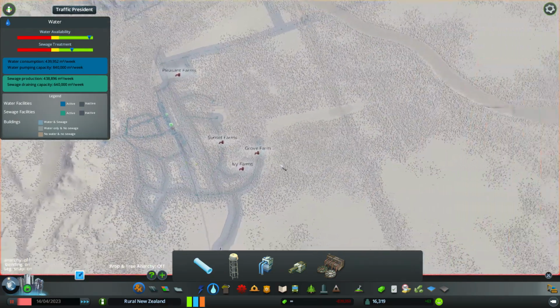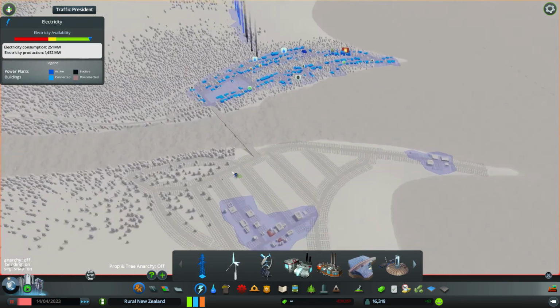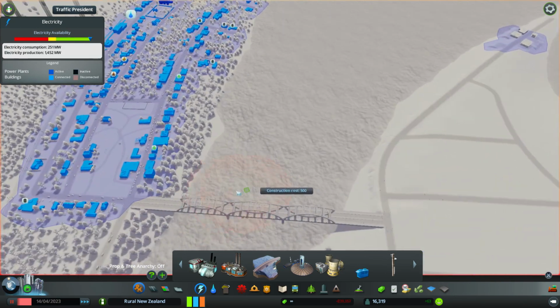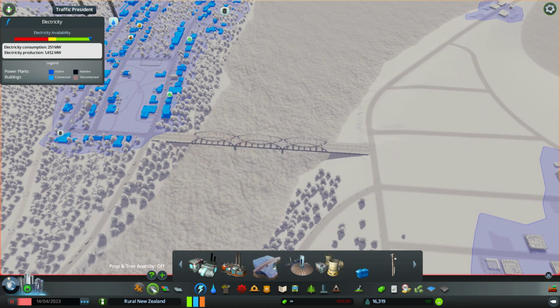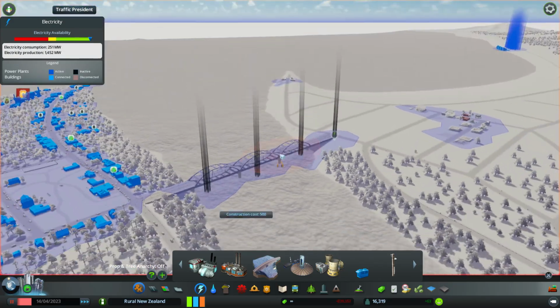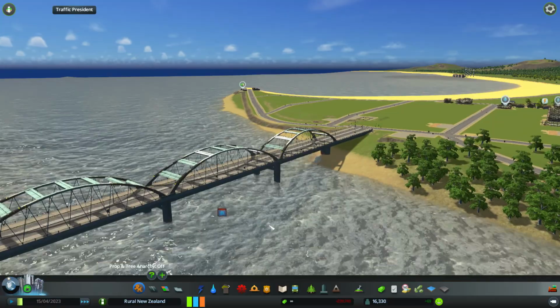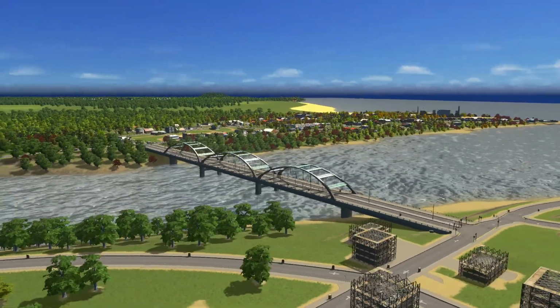Just to be safe, we're going to put that there. Anyway, back over to this area. Power is going to be another issue. But I'm tempted just to do something like this. Hide these under the bridge in the water, right? So you can't see them. You're never going to see them. They'll say they're flooded, but if I go into cinematic,